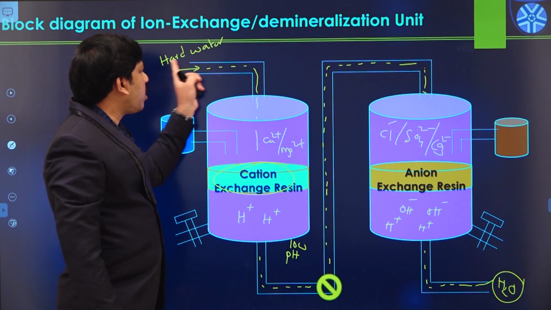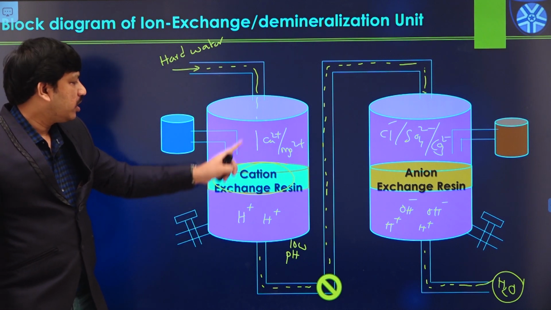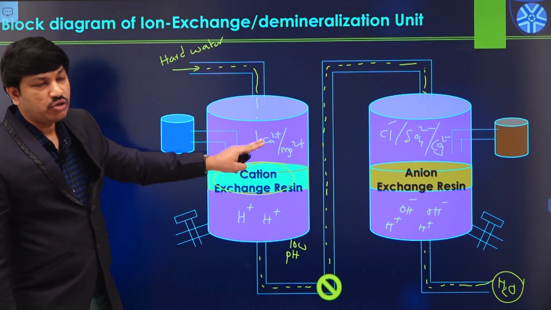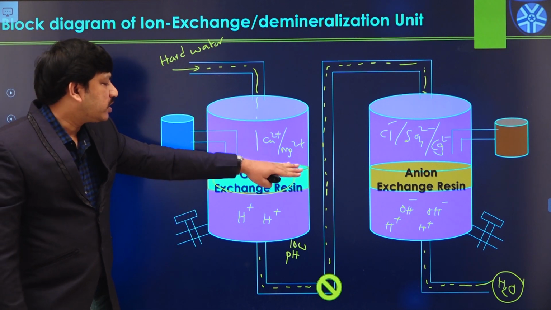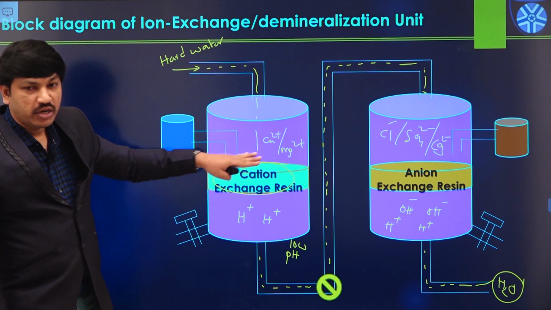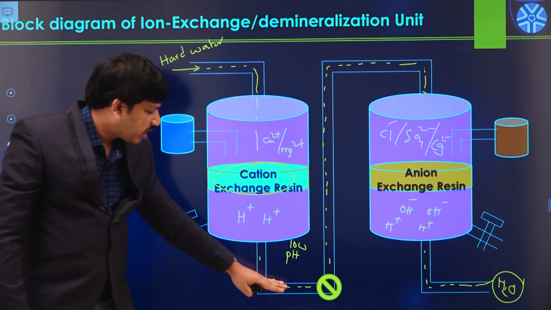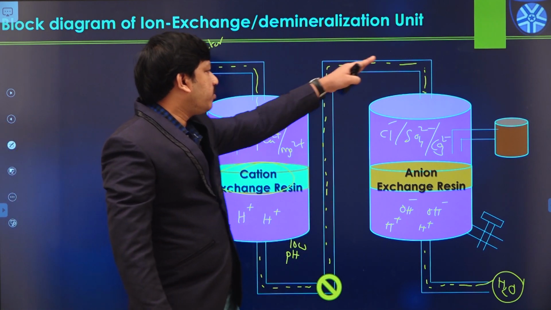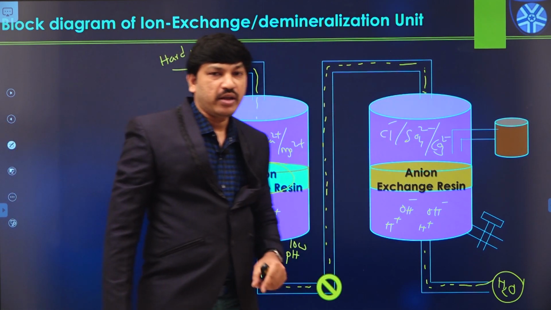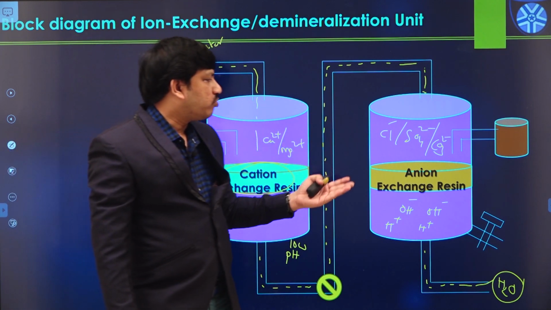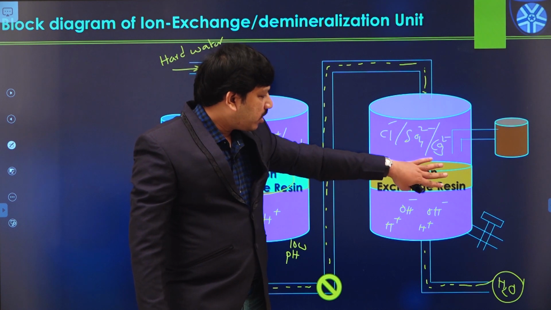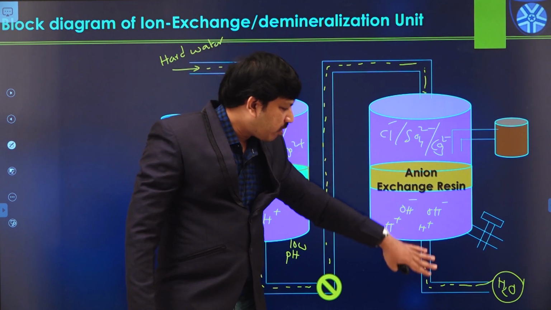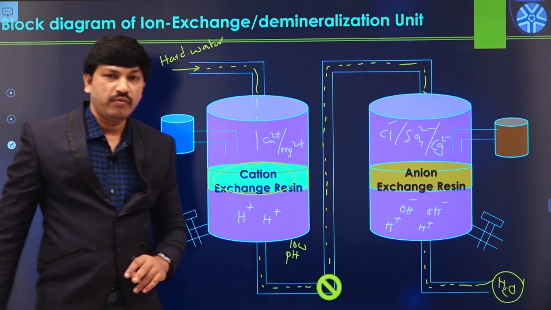So like this, first hard water enters into the cation exchange resin. There all cations like calcium 2+ or magnesium 2+, any other heavy metal ions that are available, all those things are removed by the cation exchange resin here. The remaining water comes in this manner, it goes to the second chamber, and here all types of anions like Cl minus, SO4 2 minus, CO3 2 minus, all these ions are removed at this stage. The remaining water coming outside is the purified water.